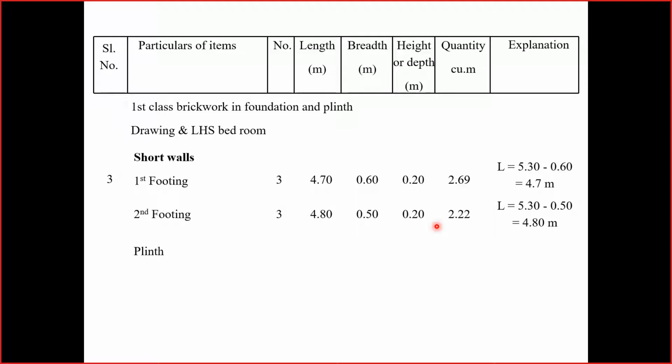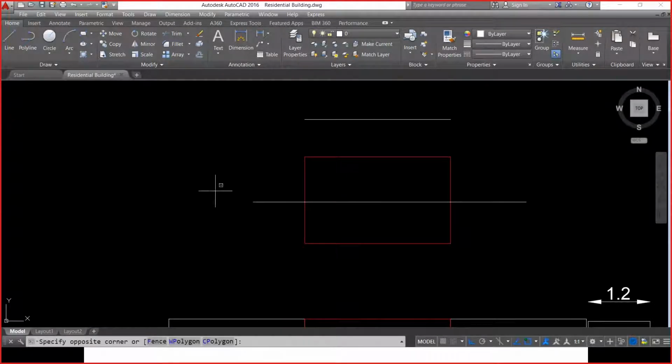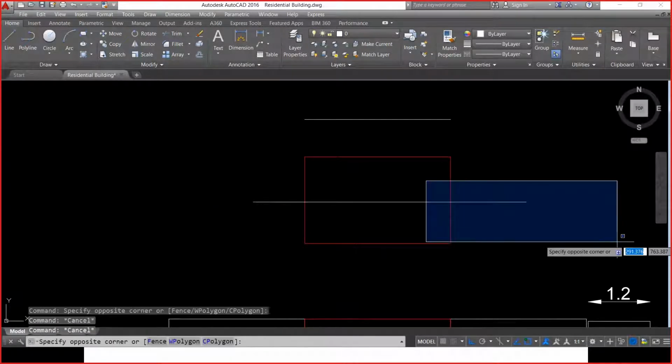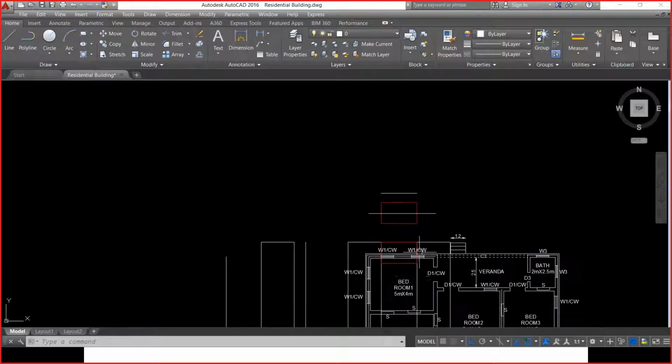Moving on to the plinth. For the plinth also we have the same three numbers, and the length calculation remains the same. 5.3 is the center to center distance, minus 0.4 by 2 on the left hand side, minus 0.4 by 2 on the right hand side. We'll get the actual length, which is 4.9, multiplied by width 0.4 and depth, which is the plinth above the